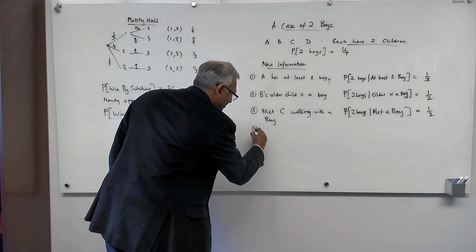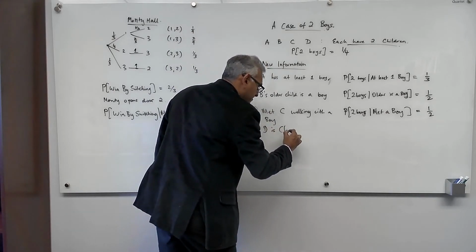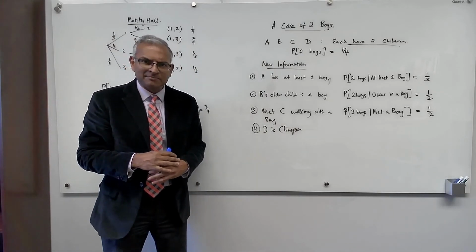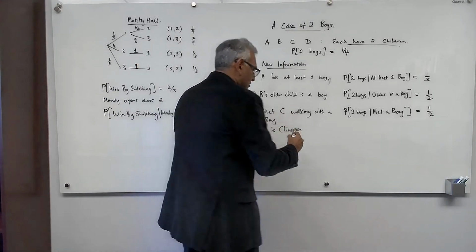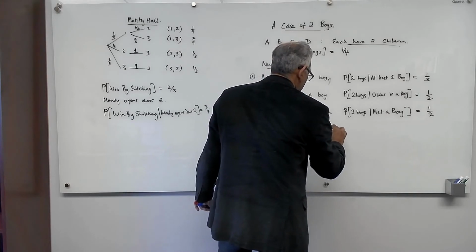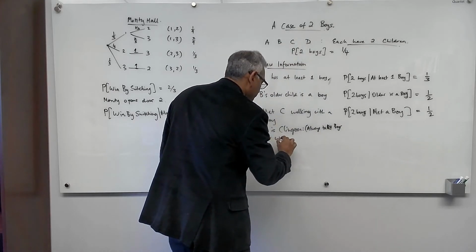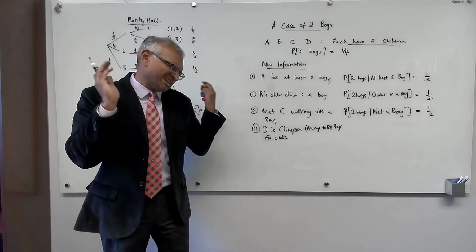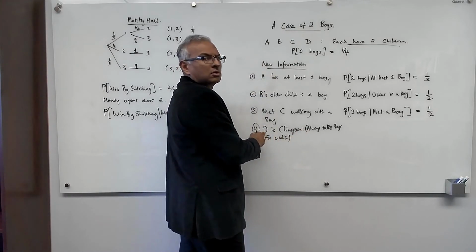Now, 4th case. D is Klingon. That was the famous sci-fi TV series in my time, Star Trek. So D is Klingon, and Klingons always take boys for a walk, if it's possible. So if they're going for a walk and taking a kid, and they have the choice to take a boy, they take a boy. That's Klingon, maniacs.